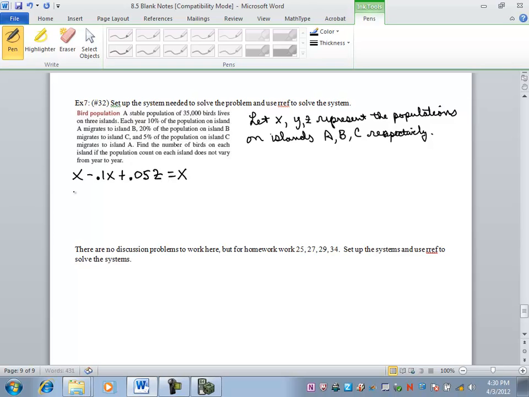On island B, we start out with Y, we take away 20% of the birds from island B, we add 10% of the birds from island A, and we get the number of birds on island B. Alright, and then finally we take the number of birds on island C, we take away 5% of the birds from island C, and we add 20% of the birds from island B, and that gives me the number of birds on island C. So my system of equations here, we've got